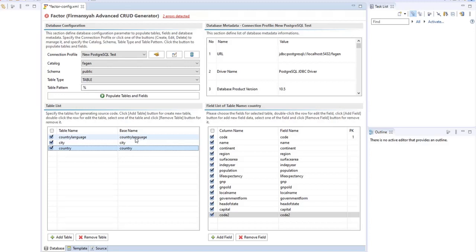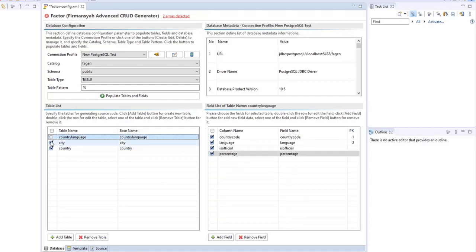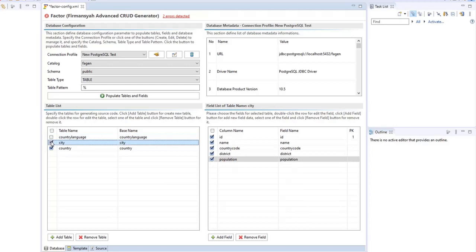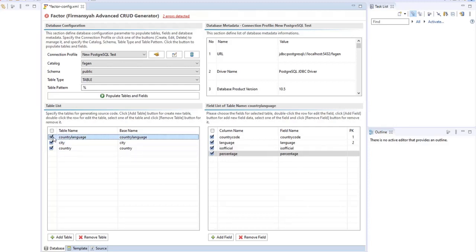With the check and uncheck column, if you want to choose any table not to be included, you just uncheck it. If you check this item, then this table will be included in the process of generating any file. And then we also have add table and remove table.